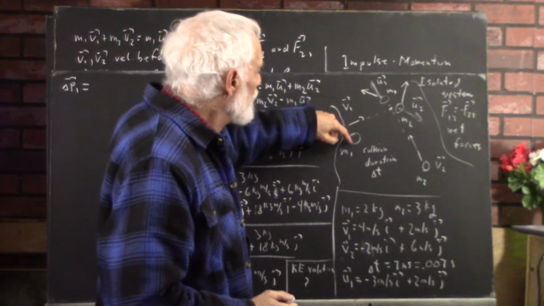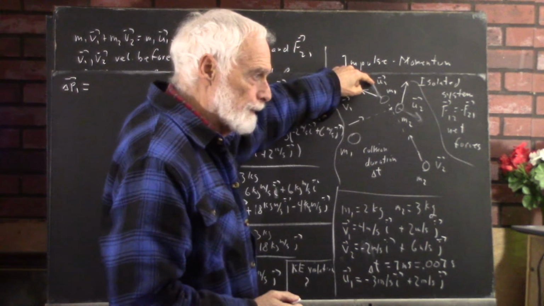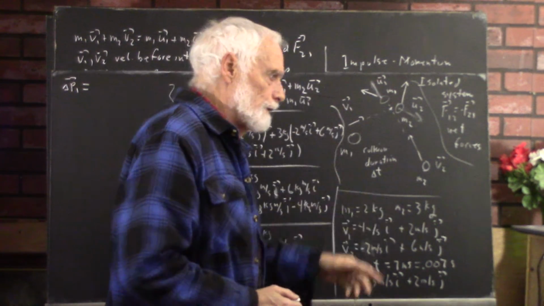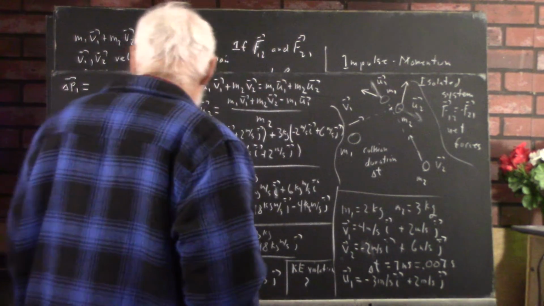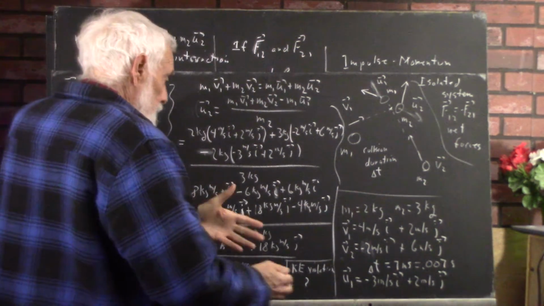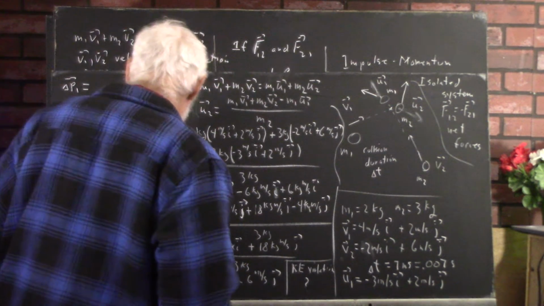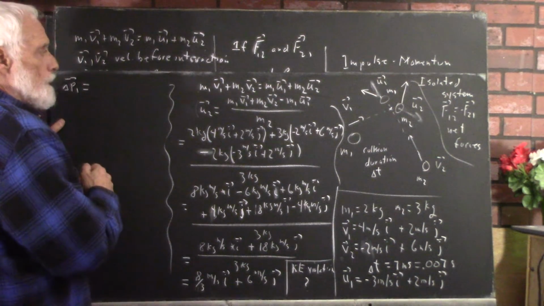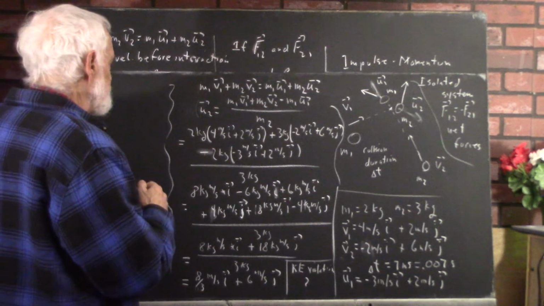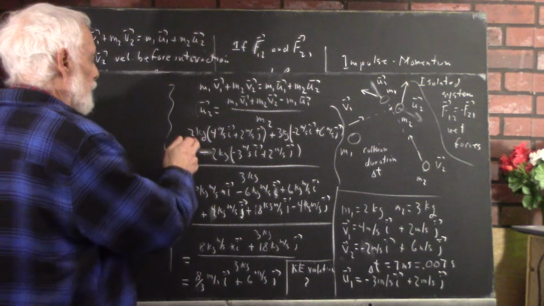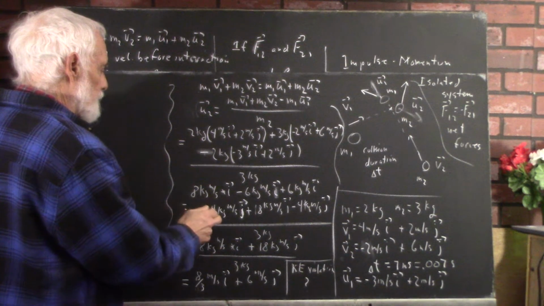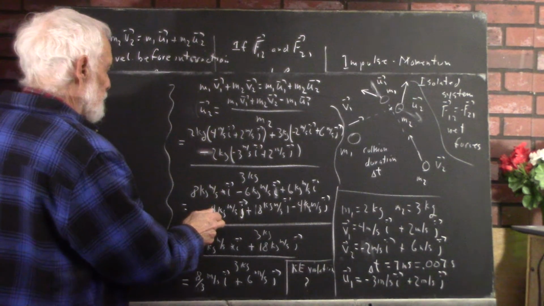Since we knew the velocity of m1 before and after, we could calculate the change in momentum of the first mass and divide that by the time interval to get the force. Okay, so delta P1 is the momentum of the first, which is 8 kilogram meters per second times I plus 4 kilogram meters per second times J,